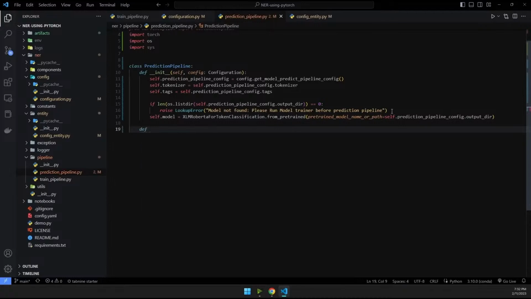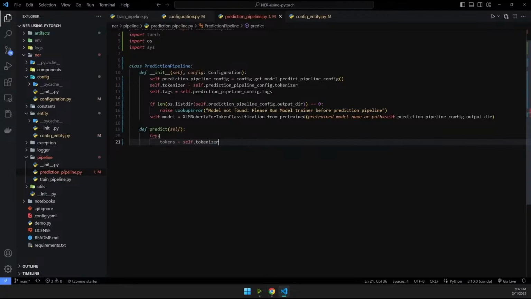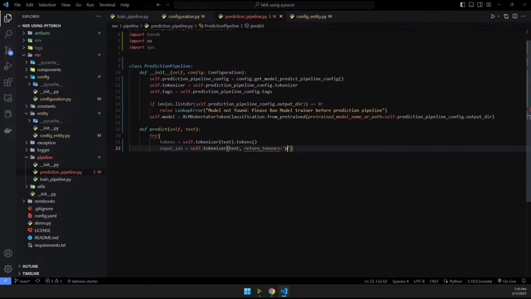Now let's create the first function, which is predict. This will take in the self. So let me write the try block. Inside the try block, we will write tokens is equal to, we will call the tokenizer, self.tokenizer. Here I should take in the text, which will be the input of the user. So we just pass the text inside and then call tokens. Next, let me write input IDs is equal to self.tokenizer, and here I'll just give the text and return_tensors is equal to pt, I think it's correct, .input_ids, and let's move it to CPU,